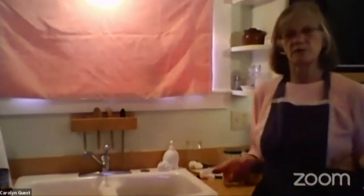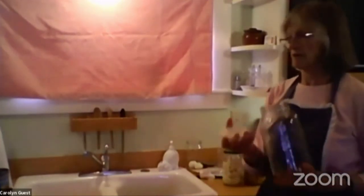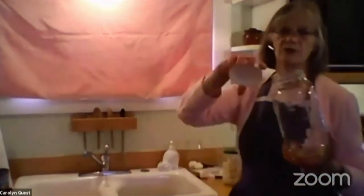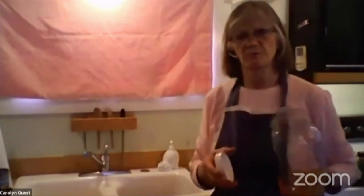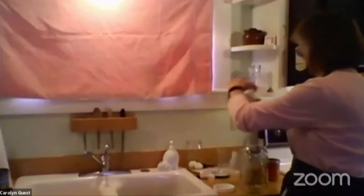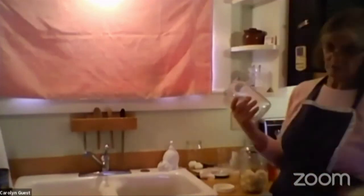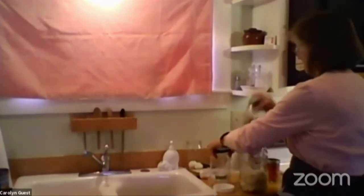And you can mix them up in a bowl, or I'm going to combine them with my onion and garlic in a jar, put the marinade in, shake it a little bit, put it in the refrigerator, shake it a little bit more, and refrigerate it again, and it'll be ready for Sunday dinner. I'm going to start with my cauliflower. Again, I'd have my children cut it up for me, help me open up and drain a can of beans,